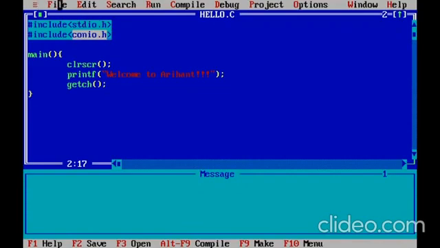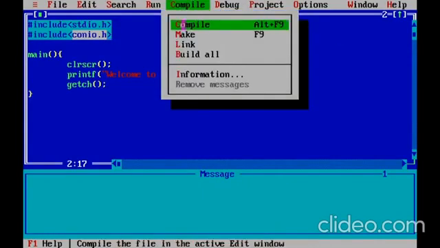Here in Turbo C++, you have multiple tabs. There is the file tab, edit tab, search, run, compile, debug, project, options, window, help, etc. But for compilation, we are going to use the compile tab. Here you can see there is a compile option, and it also has a shortcut, that is Alt+F9. So first let's see the compilation process. Once you click on compile, if the program doesn't have any error, it will create an executable directly, and then you will be able to execute that file.